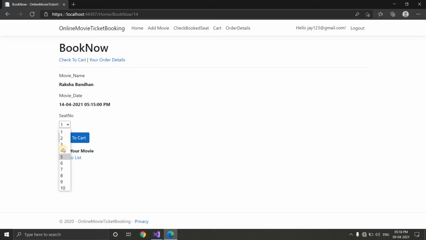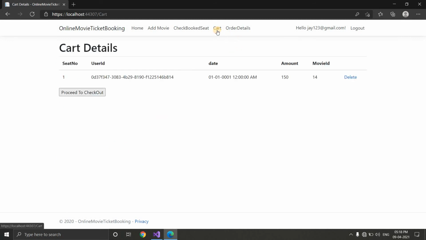Let us first create a booking for seat number 1. Here a message is displayed that the seat is booked, check your cart. In the cart we can see all the tickets which are added to the cart.